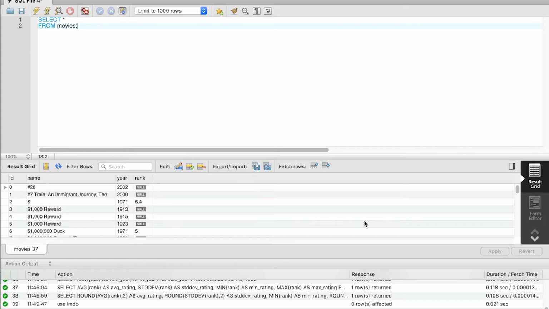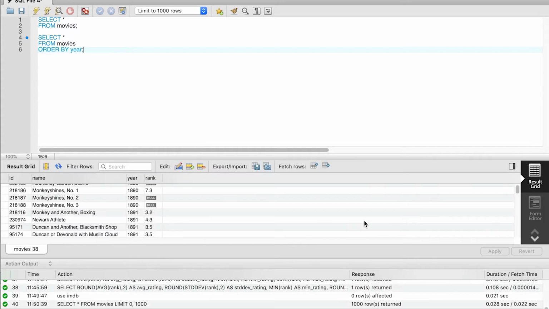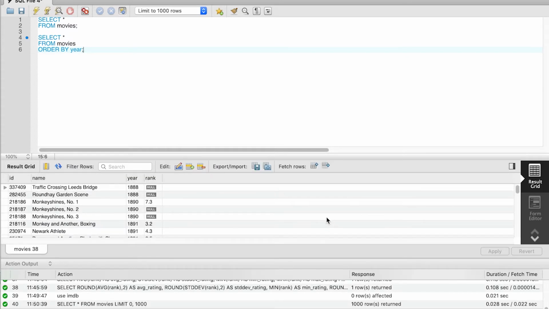Let's try to visualize first how this grouping process works. I typically like to visualize the groups by using the order by clause before doing the group by. In this case, I'm going to order by year, and so I'm going to the end of the query and I add an order by year. We execute now the query, and what the ordering process is doing, it creates visually the groups by putting all the entries for a group next to each other.